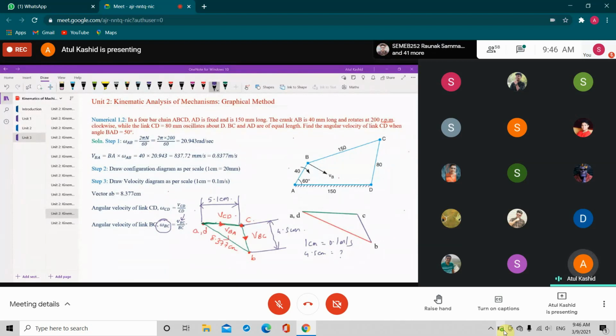Patil Samir, yes, it is important to mention the dimensions on the velocity diagram. Or else what you can do, you can make a table, right? In that table, you will have some columns. So for example, link AB, length of the link AB, right? In that tabular form also you can mention it in the sheet. It depends upon you, how you show the things on the sheet. If you don't want to show the dimensions on the link itself, you can draw a table, and in that table you can mention the lengths of the link.